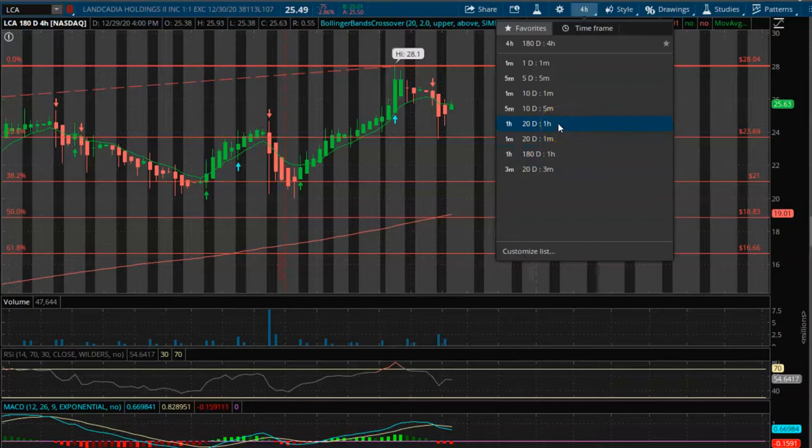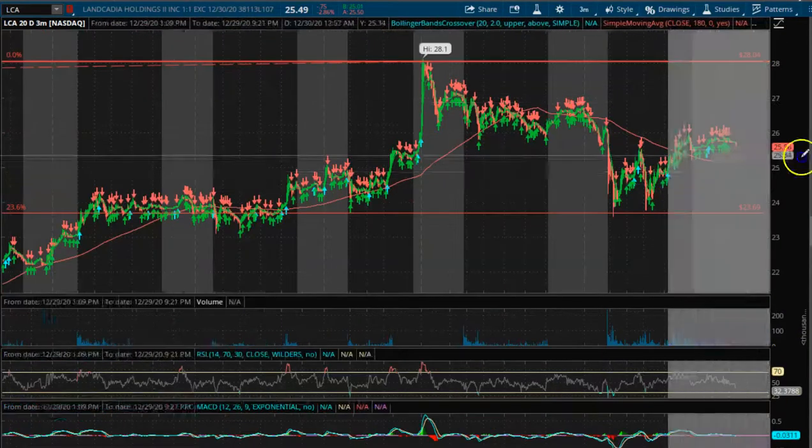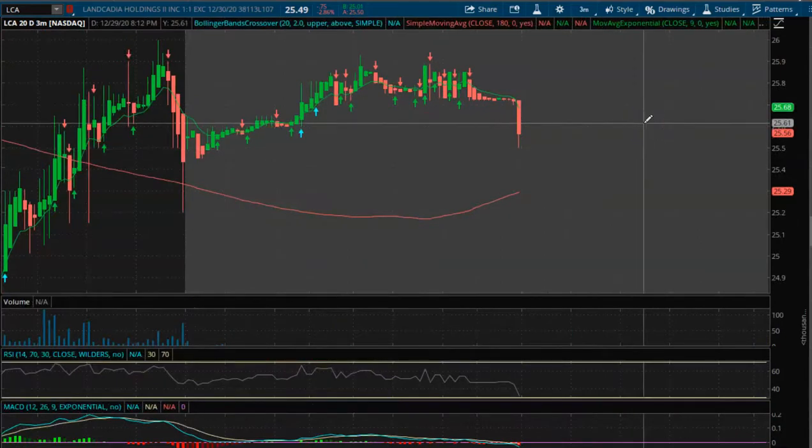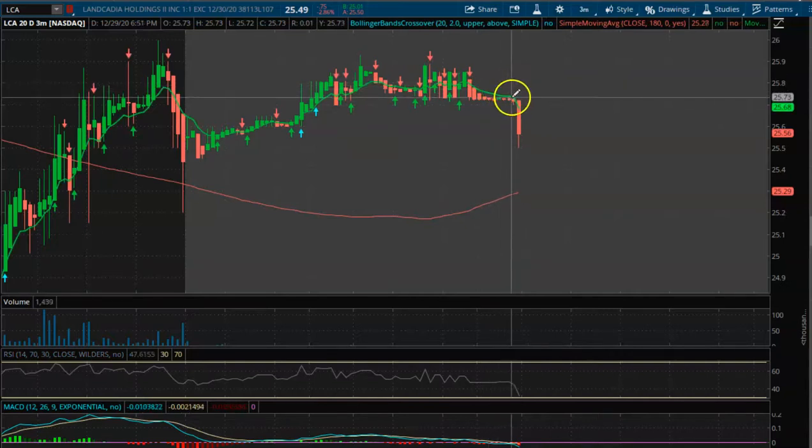I also use the 20-day 3-minute chart to make sure that I'm getting the absolute best price. If I'm about to take an entry and I'm sold on the 4-hour and the 1-hour, then I'll go look at the 3-minute and say, I want to buy at a particular price. So, for example, this is a great example here. If I were going to buy this stock, I wanted to get in,